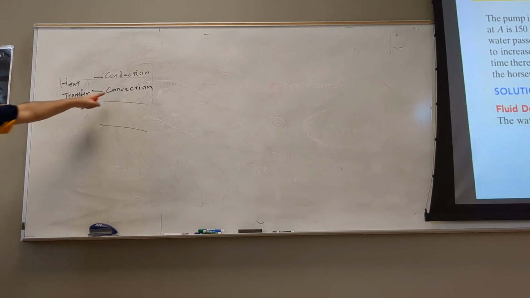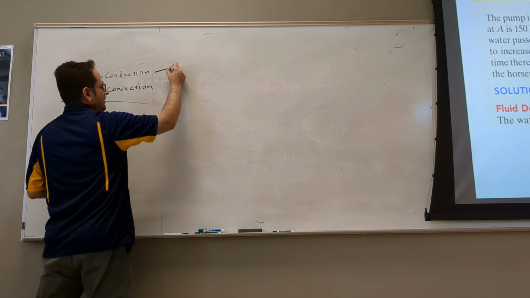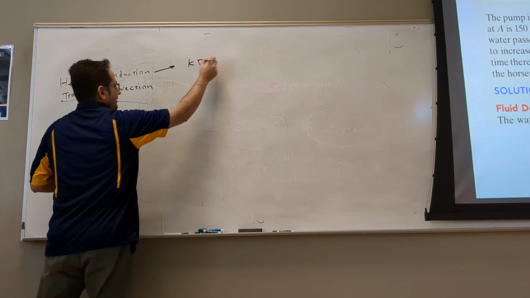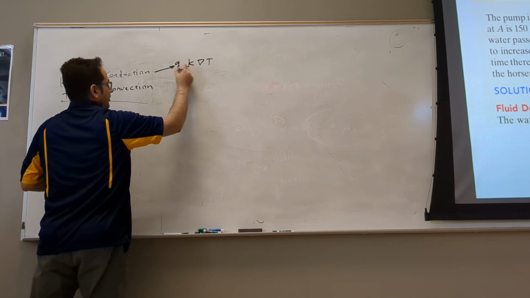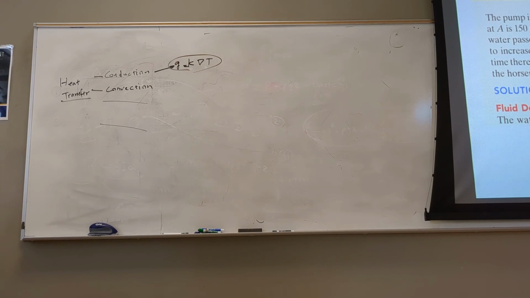But what's convection? Convection is in this room. You turn on the air conditioner, and then the temperature will change. It comes through the moving fluid to me. So it's heat transfer due to moving fluid. It's called convection. And conduction is very easy. The equation is k times the gradient of temperature. The amount of heat you transfer is proportional to the gradient of temperature, which makes sense. If you don't have a temperature difference, there is no heat transfer. Your finger doesn't get cold or hot.